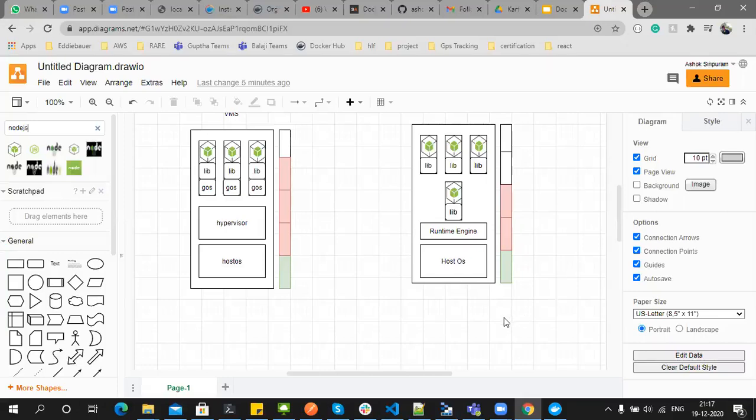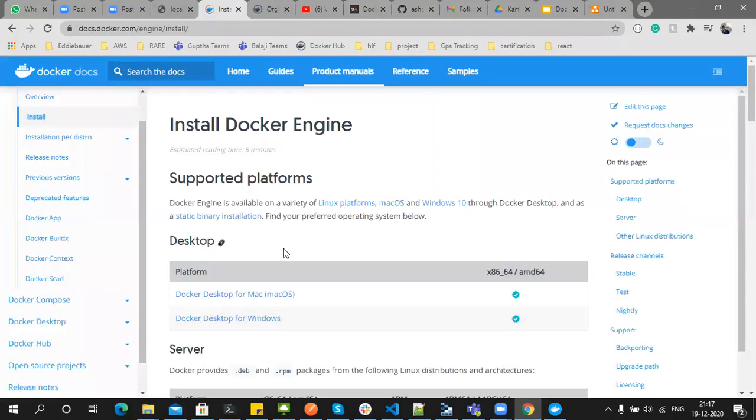Coming to the Docker installation, you can go to the Docker engine install page. There are different types of installers for Linux, Mac or Windows. Based on your platform, you can install the required binary.